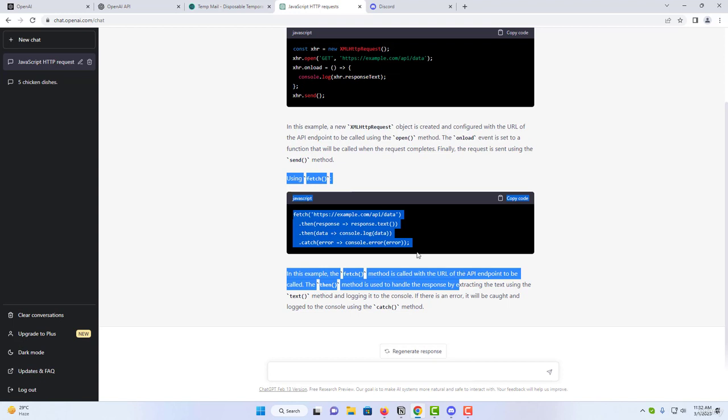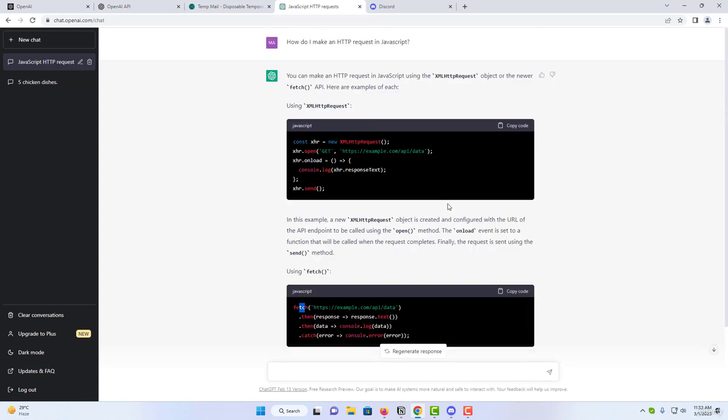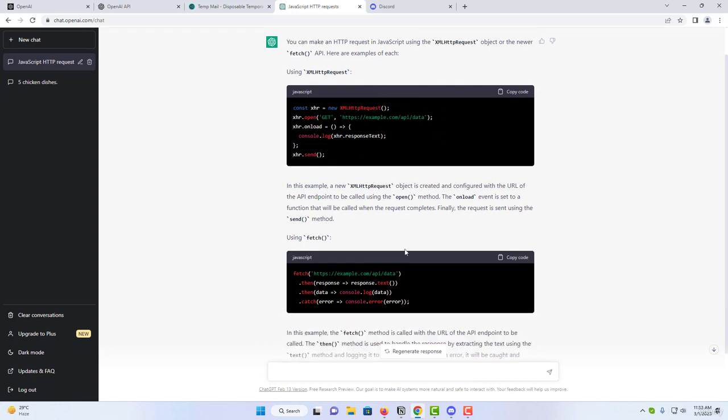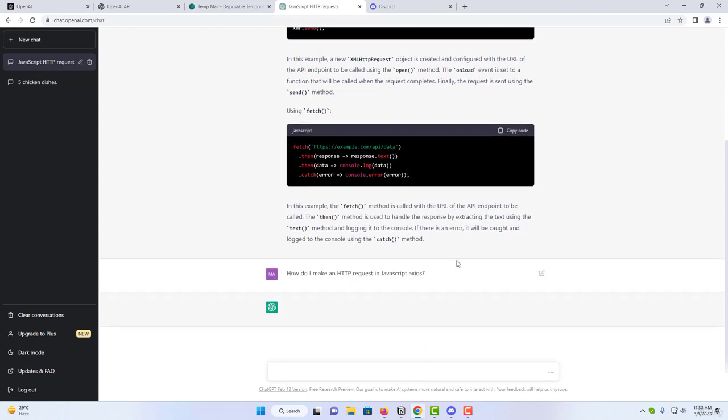Now if you want to dig deeper, like if you don't want to use the fetch API for fetching the data, or you don't want to make a request with the fetch API, you want to use Axios. For that, you can just ask the question again: how do I make HTTP request with JavaScript? And I will provide here Axios at the end. Now if I enter,